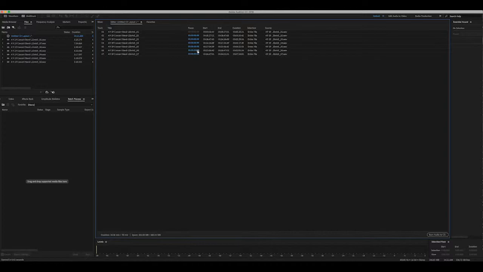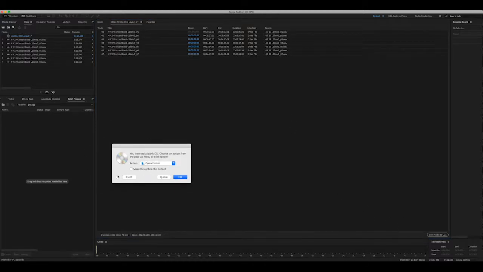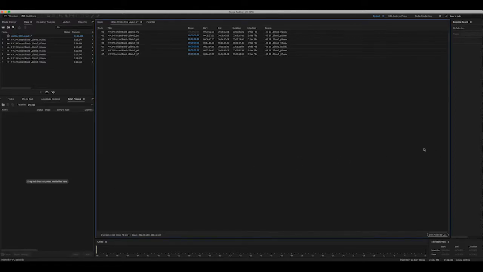Pop open the CD drive, pop that disc in there, give it just a second. And when this comes up, you can click ignore. I always say make this action default and it never listens to me. So now we're going to go back to Audition and click Burn Audio to CD because notice this is only